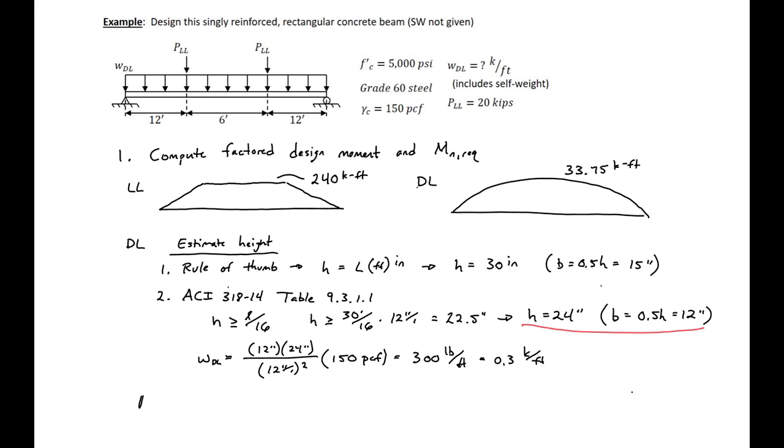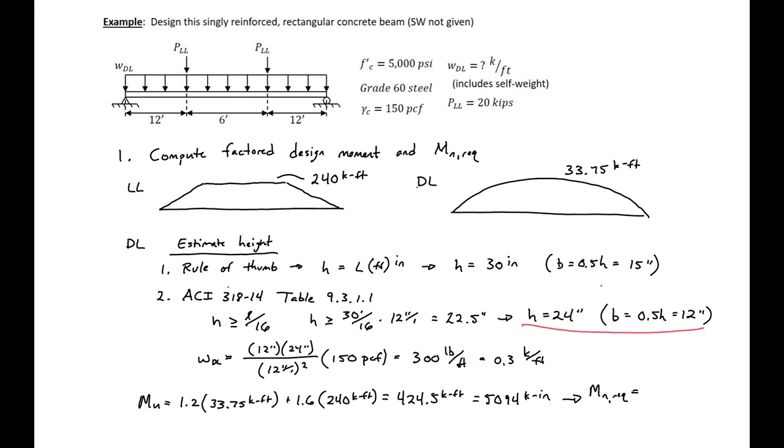Our Mu, which is our factored moment, is then going to be equal to 1.2 times our dead load, 33.75, plus 1.6 times our live load, 240, which will give us 424.5 kip-feet, or 5,094 kip-inches. So then we can use this to find our Mn required,